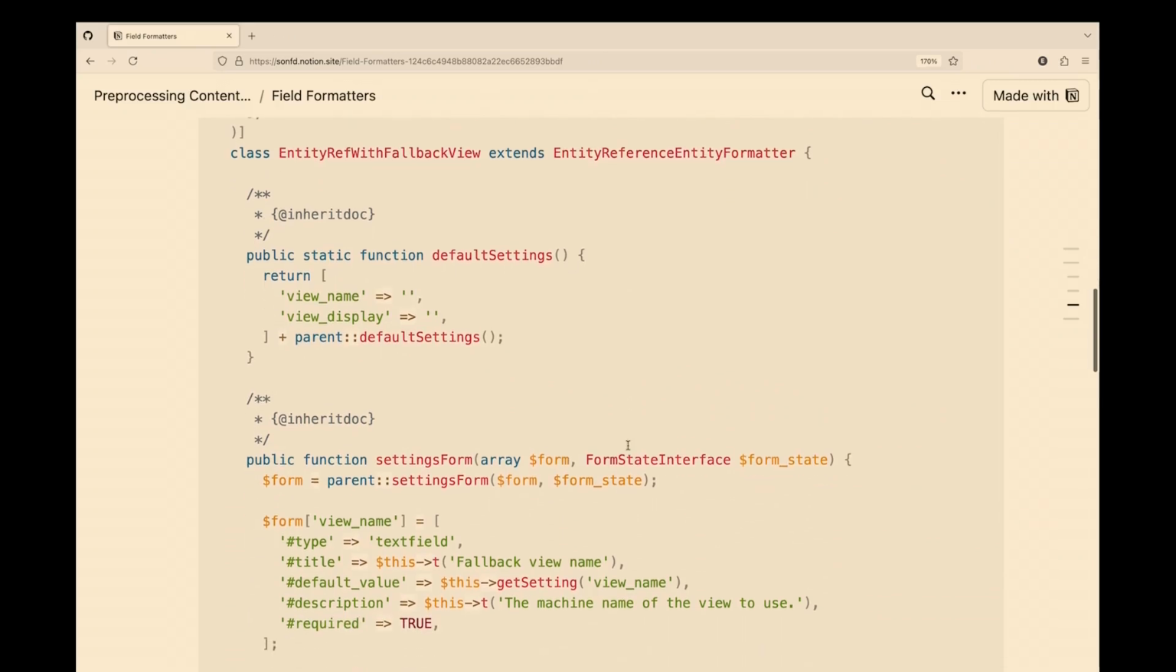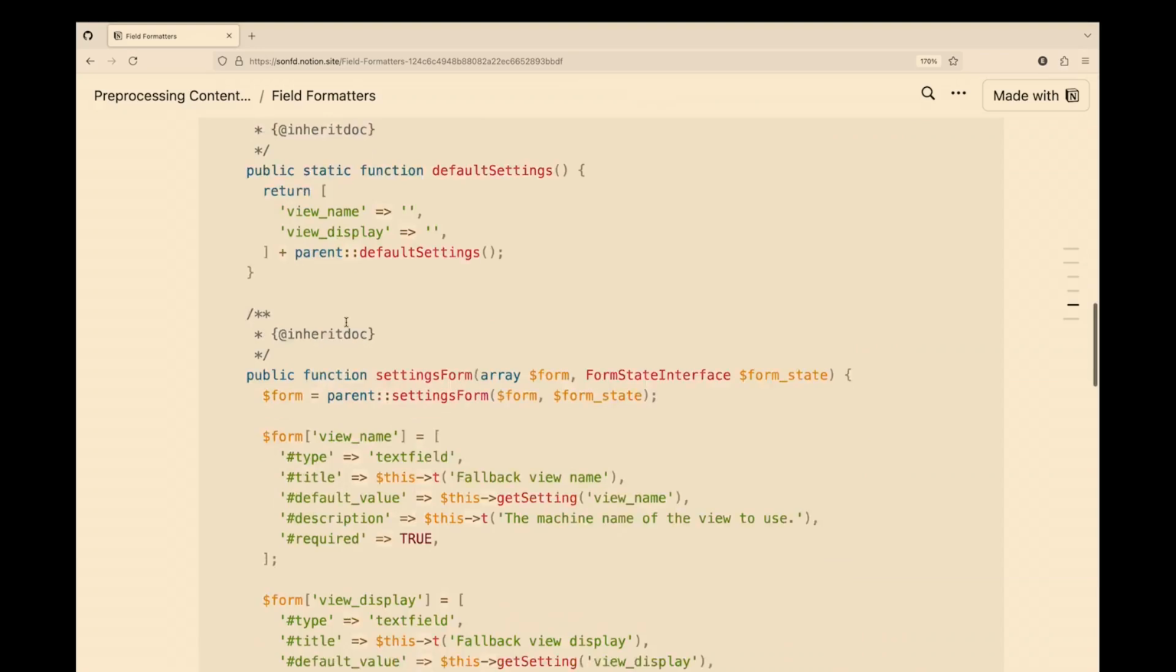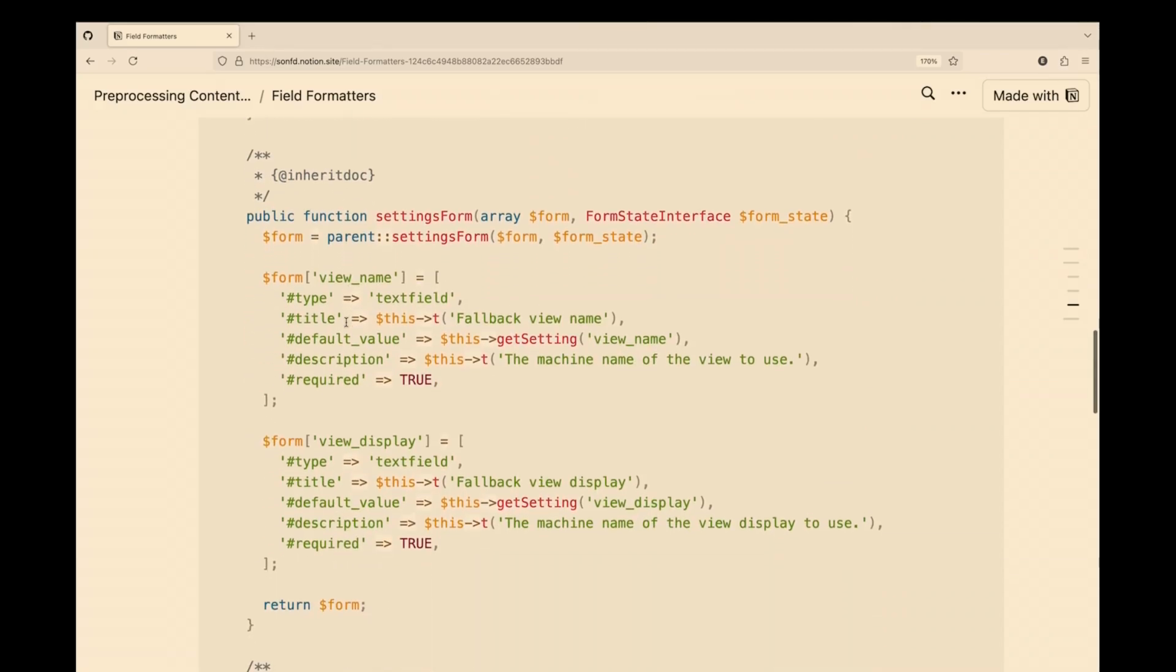And so like our first example here, we need to capture some of this information. We need to capture the name of the view. We need to capture the view display to use. So here we define our default settings. Our new settings are view name and view display. And then we want to merge those with the parent's default settings. Similar to our link example, we're adding new